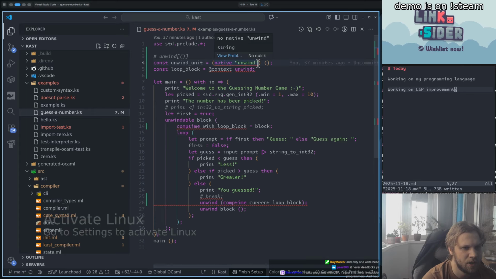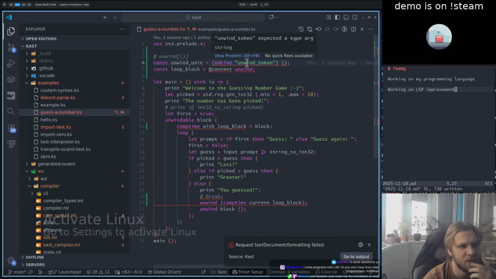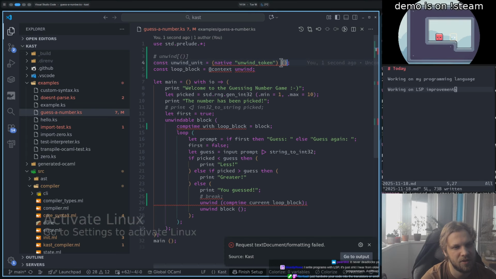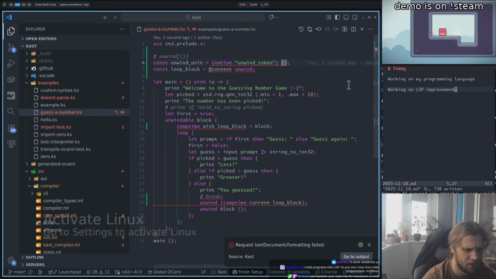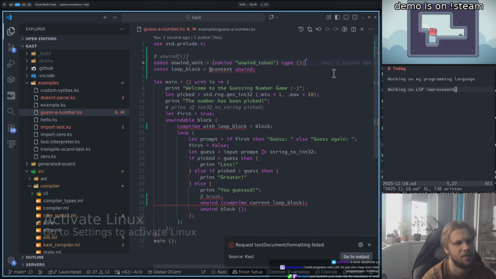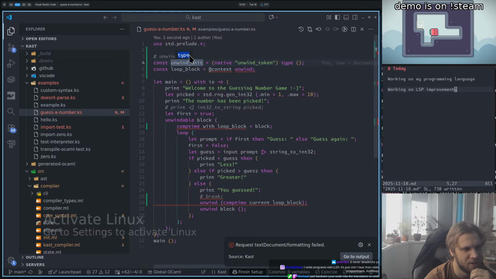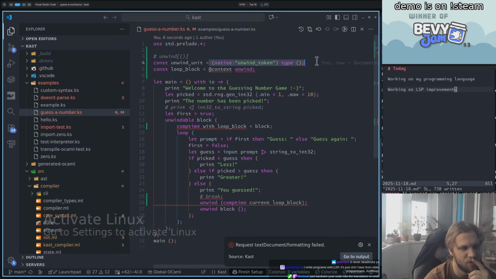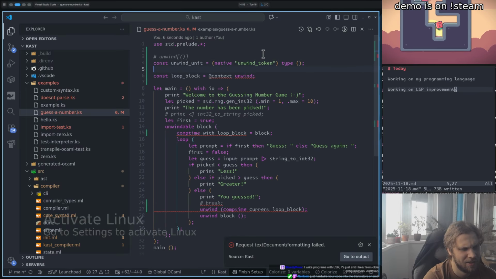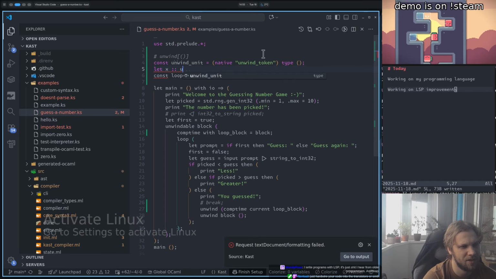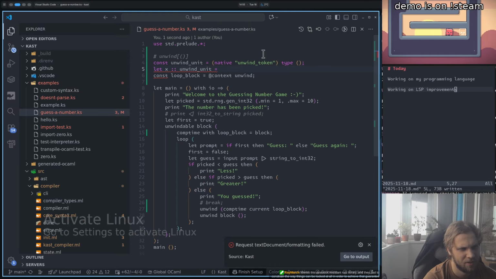Okay, native unwind token. Unwind token expected a type argument. So this over here must be a type, by the way. So I need a type. There we go. So now unwind unit is a type. It's a type which is the unwind token of nothing. Right? If I say let x of type unwind unit be something,